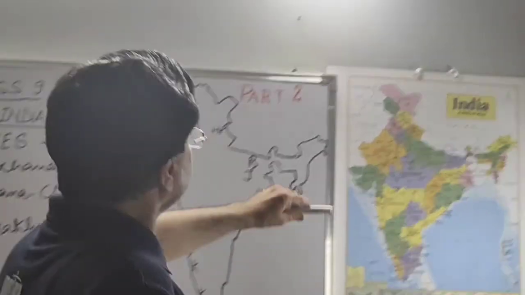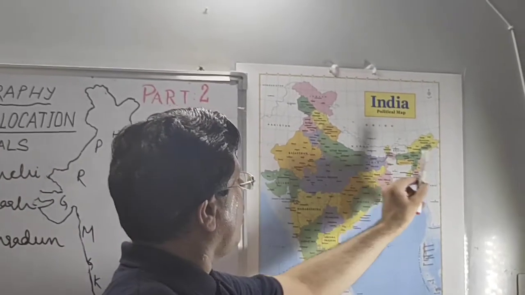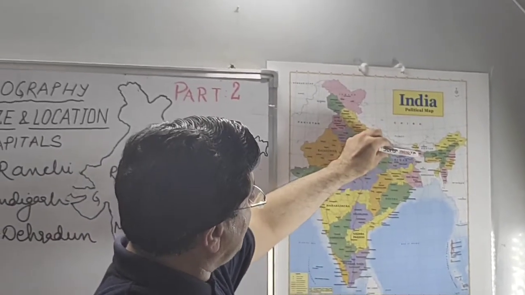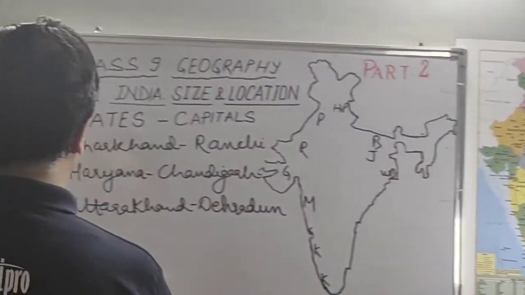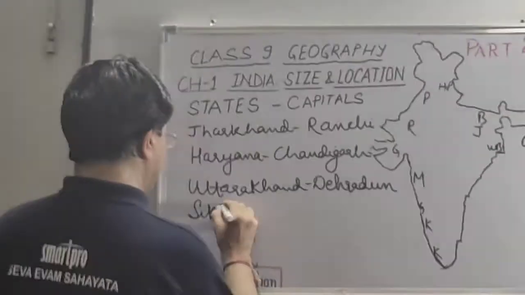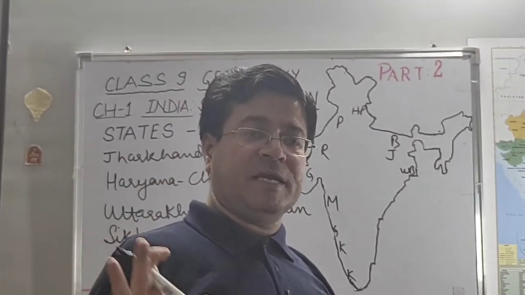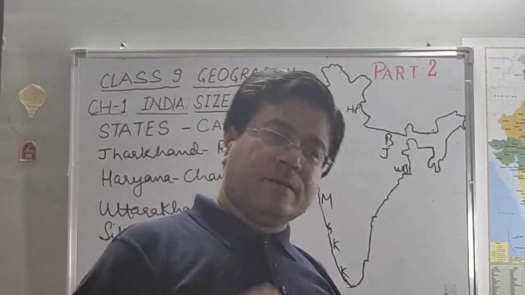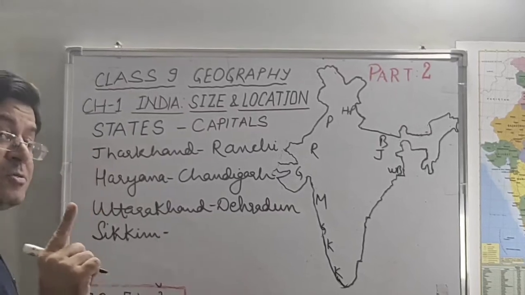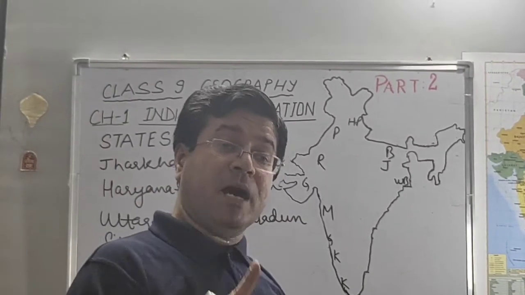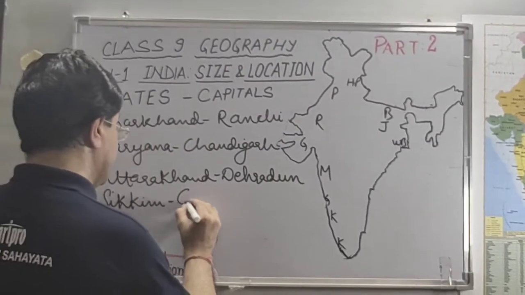Now all these states in this region we have discussed. Now we have the northeastern region. Along the boundary of two neighboring countries, Nepal and Bhutan, we have Sikkim. My dear friends, interestingly, at the time of independence, Sikkim was not a part of India. It was a separate territory. Later, it became part of India. It is the state where we have the highest Himalayan mountain peak of India, Kanchenjunga. Its capital is Gangtok.